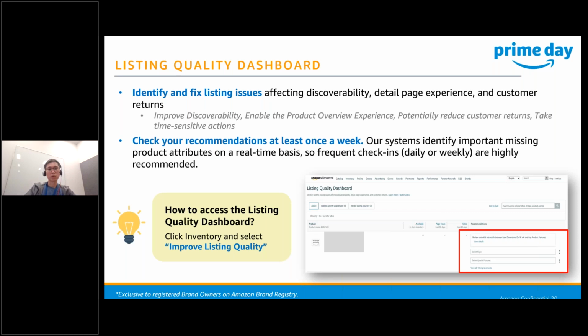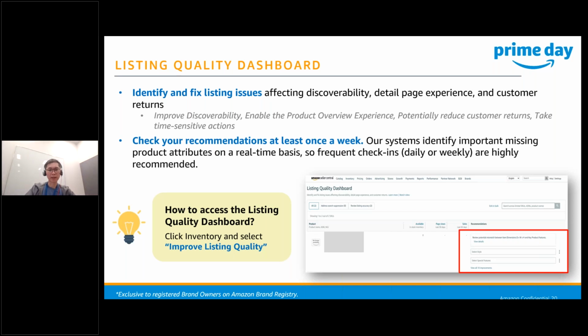Lastly, the tool will also provide you with actions that you need to take. Some listing information needs to be filled in by a certain date in order to prevent your listing from being suppressed by the Amazon platform. So coming to this tool often will definitely be very useful to ensure that you are on top of your product listings and that none of the listings is being affected.